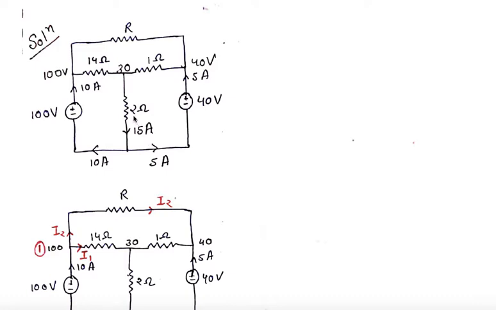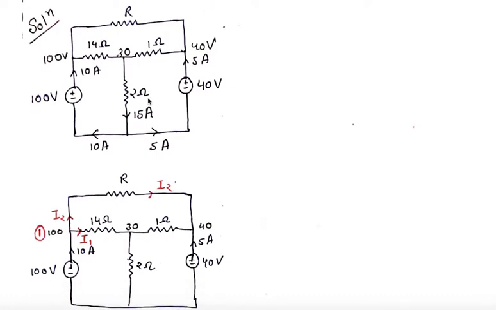Now we know the resistor value in this branch, we know the current value in this branch. We will be able to find the voltage for this branch because voltage is equal to current into resistance. So 15 cross 2 is 30. So we have found out the value of voltage at this node, that is 30 volt. So now we have our conclusions for what is given in the question to us. We have certain conclusions we have drawn from it.